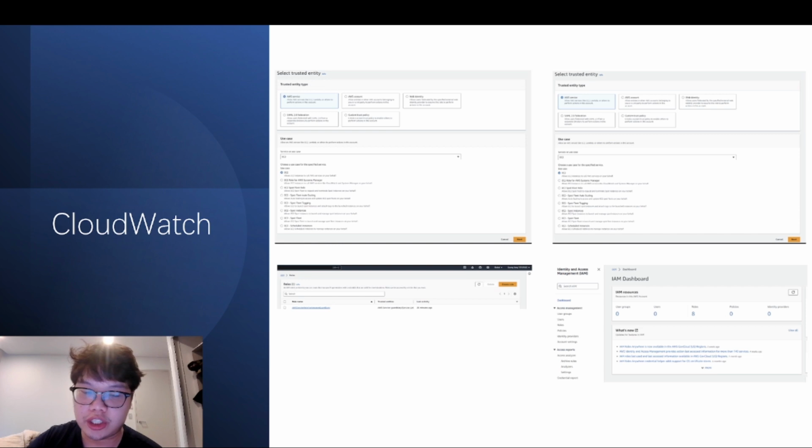So for CloudWatch, CloudWatch enables you to get insight into the performance, health, and operational status of your AWS infrastructure, applications, and workloads. So step 1 is access the AWS Identity and Access Management console, navigate to Roles in the menu panel and